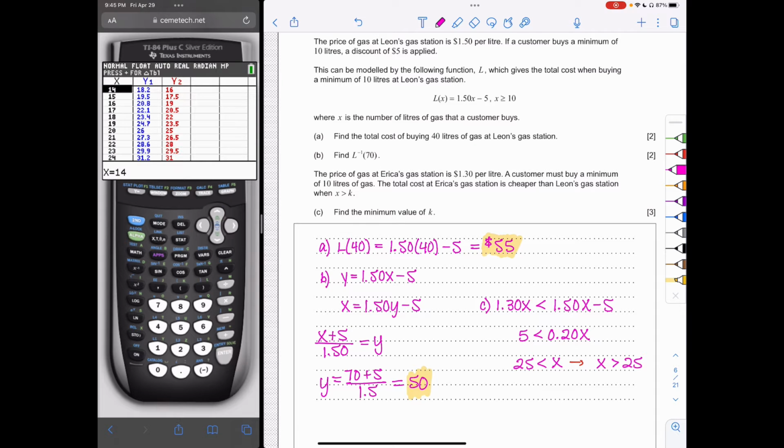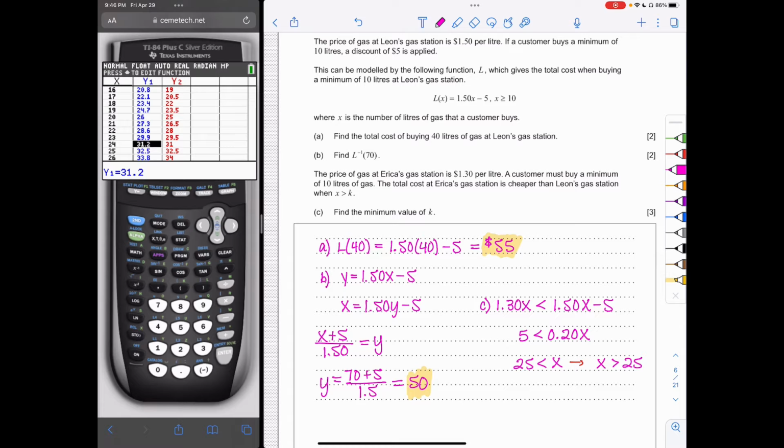So when I go to the table here, I am trying to see when my numbers are the same, because I know when they're equal, I can then look above or below. So I can see here when X is 25, they are both the same, but I'm trying to figure out when Erica's is cheaper than Leon's, which means that the price in Erica's on the left hand column is going to be lower than the number in the right hand column. So if I look here, I see that the number that is in the